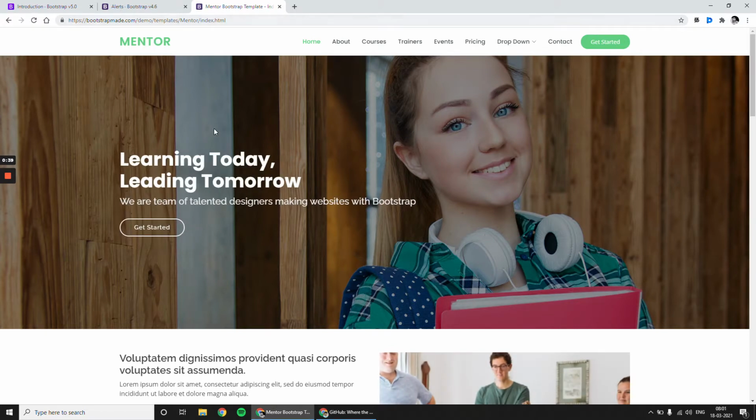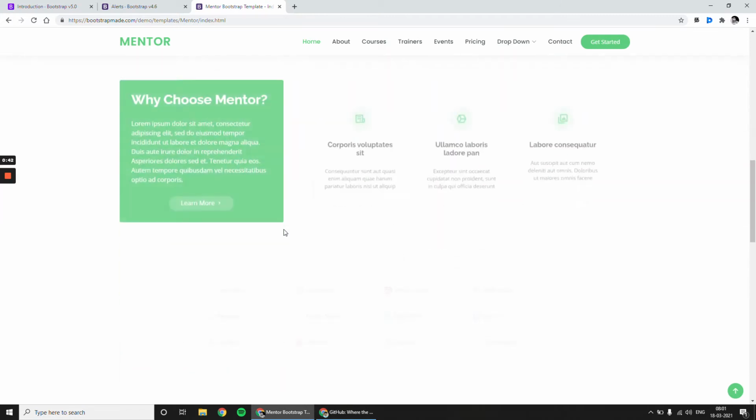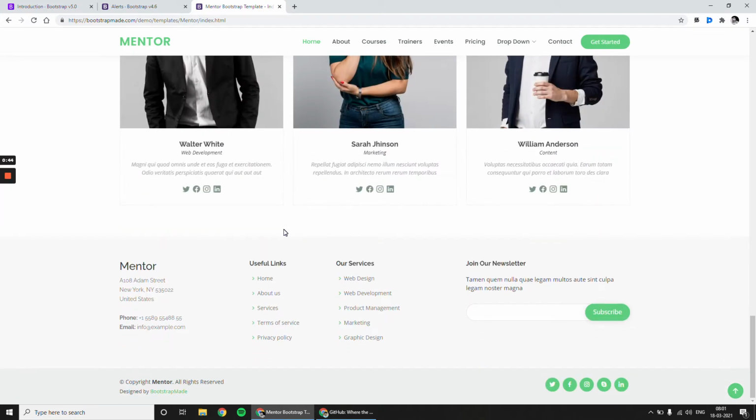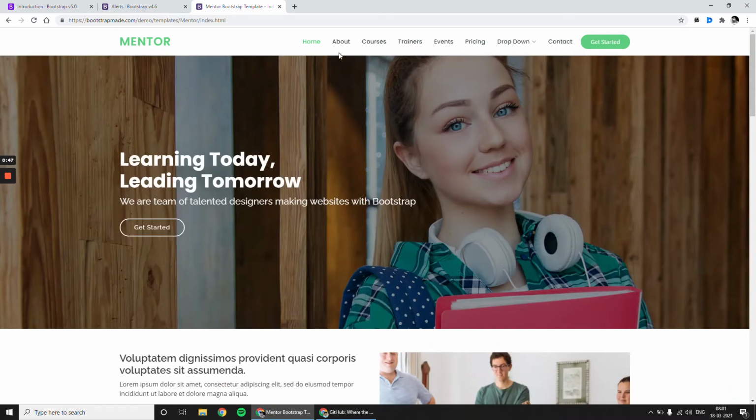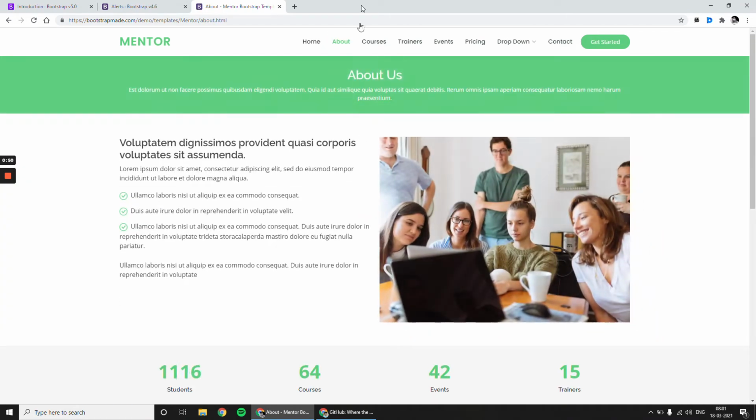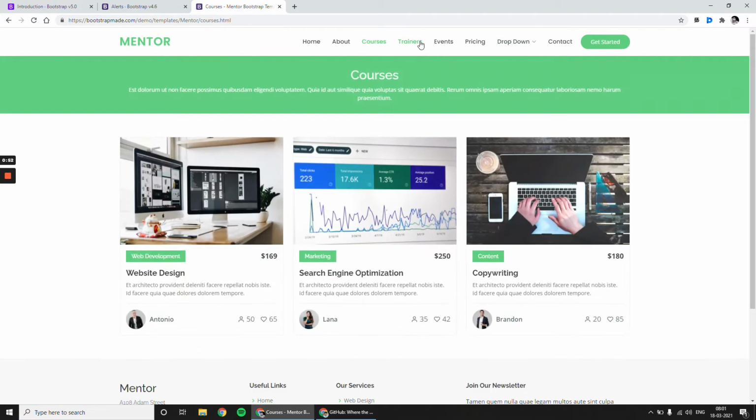This is made from Bootstrap. It has more than one page. In our previous project there was only one page, but this website has multiple pages. About page is there, courses page is there, likewise every page is there. So as a team we can work together in GitHub, and I will assign some section to every one of you, so you can start building it. It will be a kind of teamwork, where we will have some deadlines and every one of you will have some task, so you have to do it one by one.